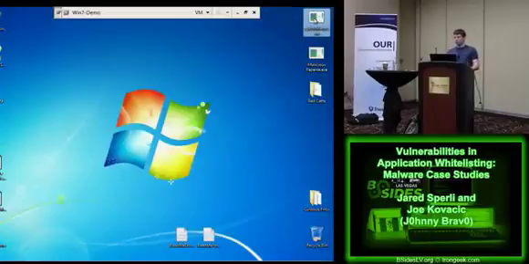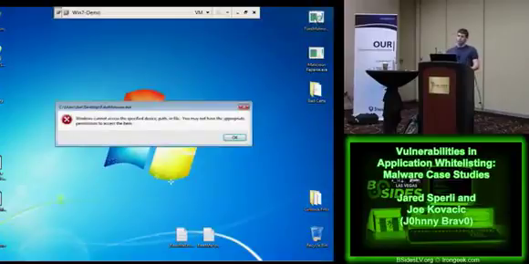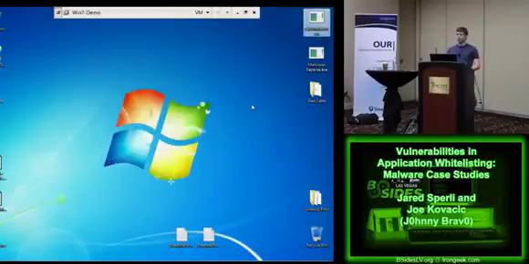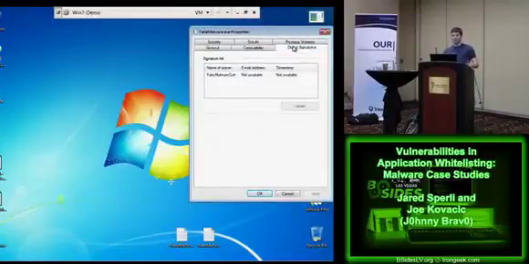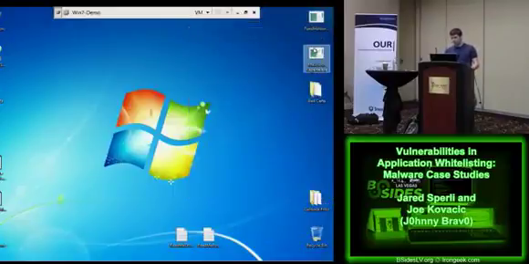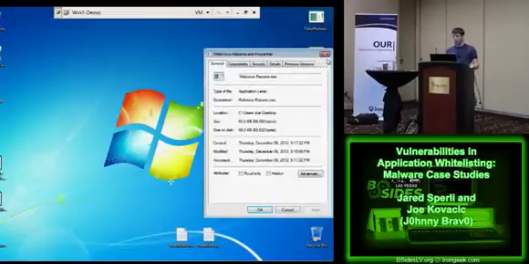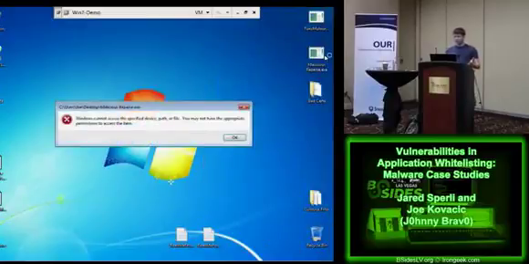Then we have this fake malware exe I created. And when you try to launch it, the application whitelisting product is going to intercept that attempt to execute the product and say you don't have permission to do it in this case. So this application isn't going to get to run its malicious code on the system. It does that because it does not have a current signature for it saying it's a legitimate application, nor does it trust the particular certificate that I put on it. So, I created a very legitimate digital certificate from the fake malware cert, but since this is not a trusted one, it's not going to allow it to run. Similarly, we have this other application that has no digital certificate on it, and if you try to run it, it's not going to work.